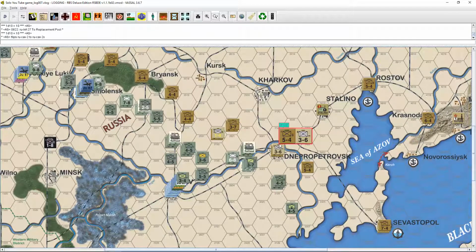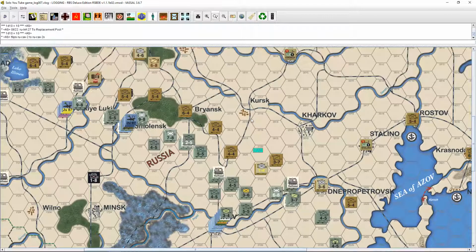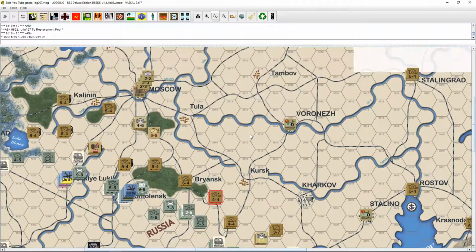Okay. Are the Russians really strong enough elsewhere? Okay, so let's see. Remember, if you end up adjacent, you got to do soak off attacks. So, still not great, is it? Not really that strong as I thought they might have been. But